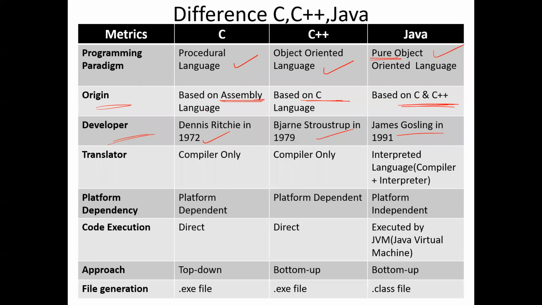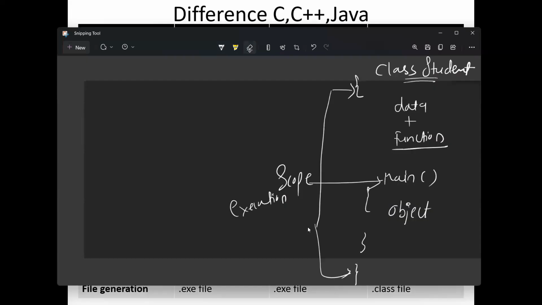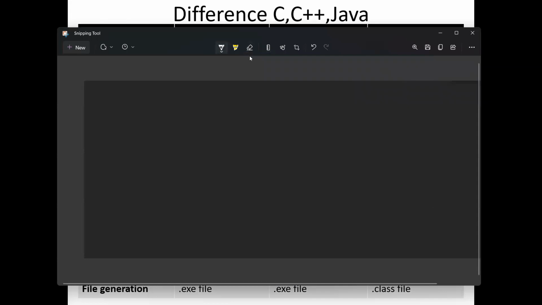But see, in C programming only a compiler is used. In C++ again only a compiler is used. But in Java there is something written, interpreted. Java is an interpreted programming language. That means it uses both compiler and interpreter. How come? How is it so? Just observe, everybody. What is happening,